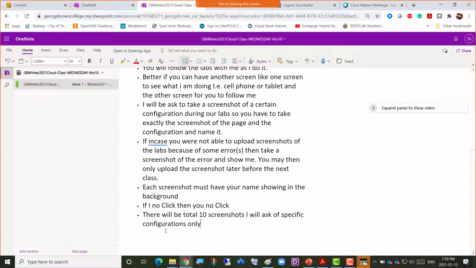Exactly, Windows key Shift S. You have OneNote, and this is a OneNote feature, so that's really cool. David says per lab. Yes, per lab there are 10 screenshots, so on any one day, a total of 10 screenshots. But you will see the number of labs there are. It's going to be about 4 hours.